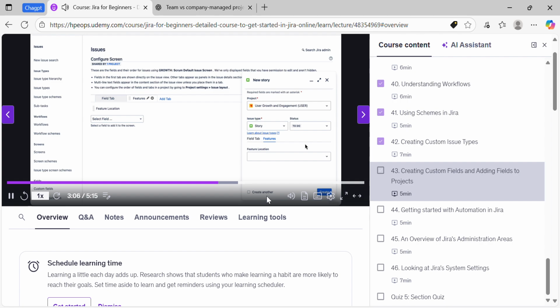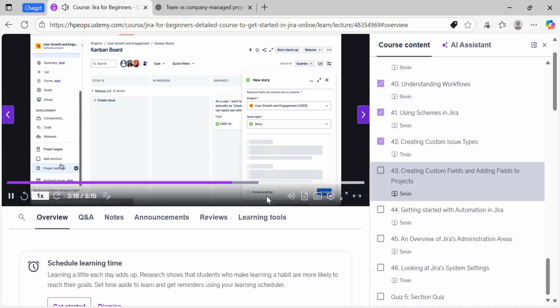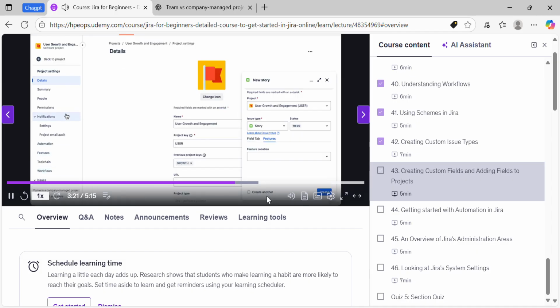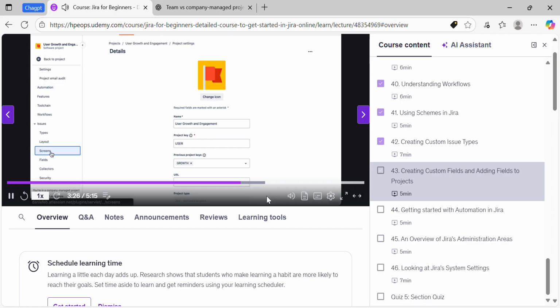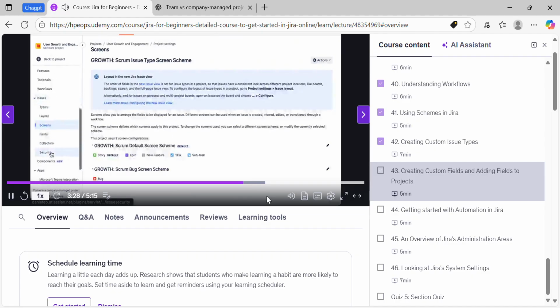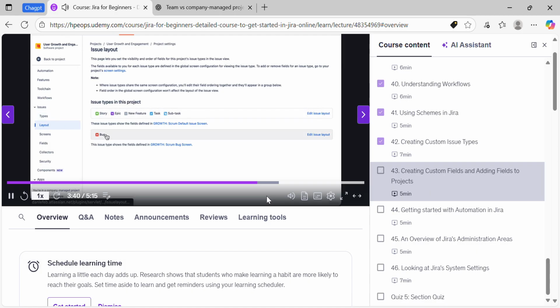Now, before we wrap this up, I want to point something else out because there's another place that we can go to kind of do the same thing. So let's come back into our project here. And in the project settings, this will look familiar if we're coming like we did with the team managed project. If we come into the issues, we can see we have the screens that we just looked at coming at it from the issue navigation, but we can see that now Jira is starting to migrate things over into the issue layout. So if we come into the layout, and then we can see Bug is using a different layout,